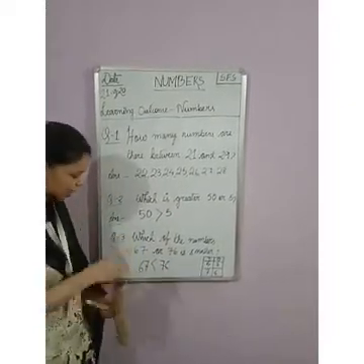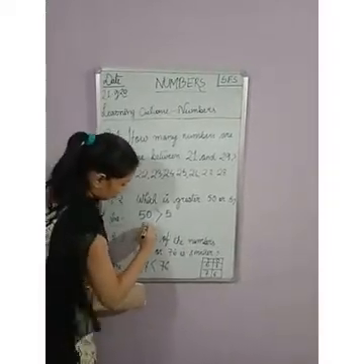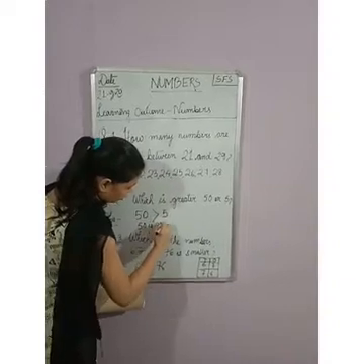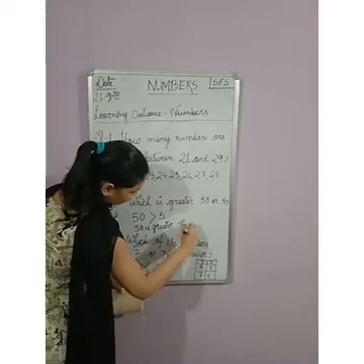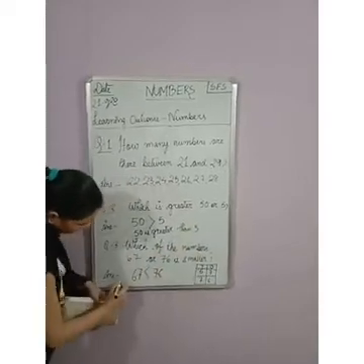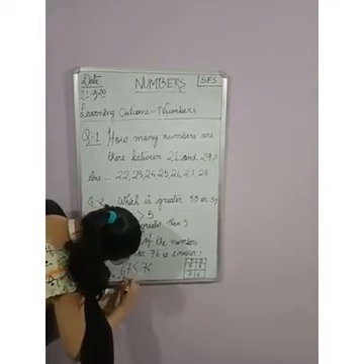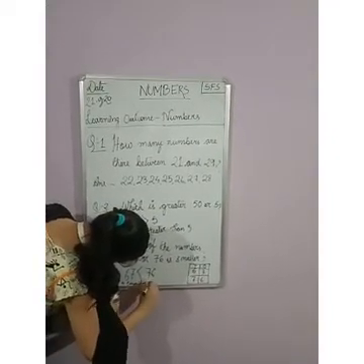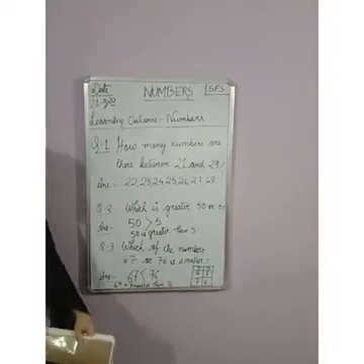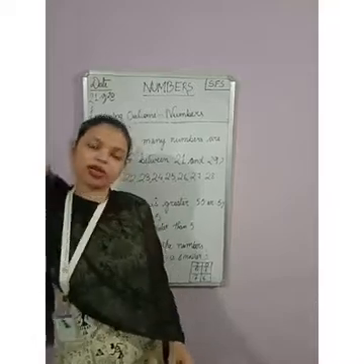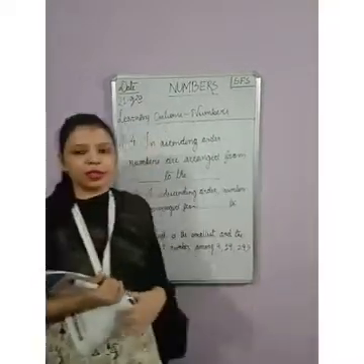You can give the sign, or you can write also that 50 is greater than 5, or here you can write 67 is smaller than 76. Okay children, you can write in this way also or you can give the signs. Let us go to the next question.